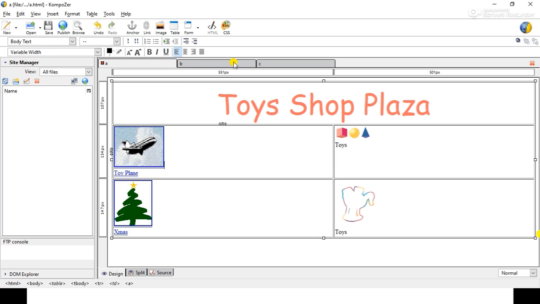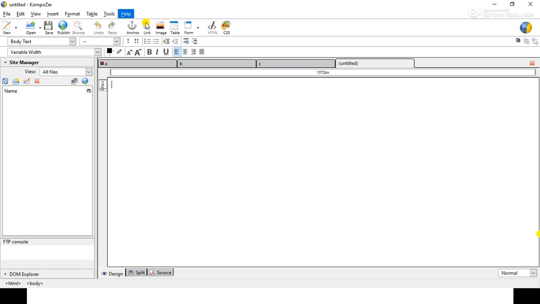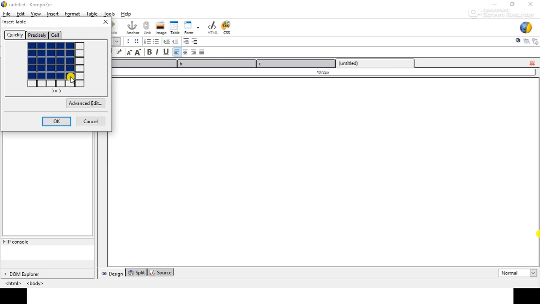So now we will go into the B and see in which order we have to create the link. For that we have to create this page for the order now procedure. So we'll click on this new, we will insert the table for some details.